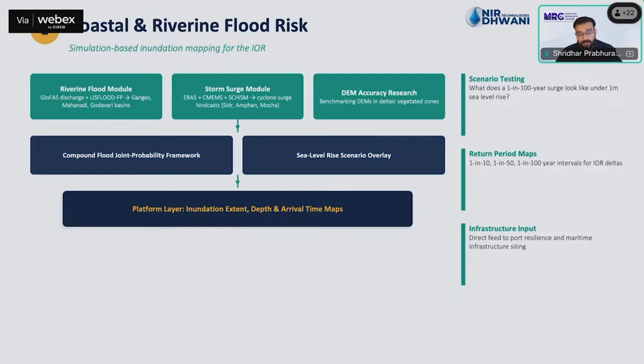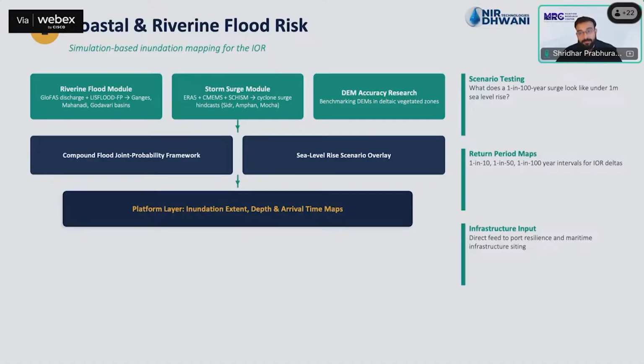The second initiative is for flood risk. There are two distinct flooding mechanisms: rivers overflowing from upstream rainfall, as well as the storm surge that pushes seawater inland during cyclones. And when they coincide, which happens in the Ganga-Brahmaputra Delta quite often, the result is dramatically worse than what either of them alone can provide. This compound flooding is a dominant failure mode that we have seen throughout history, and the traditional MSP does not model or account for it.